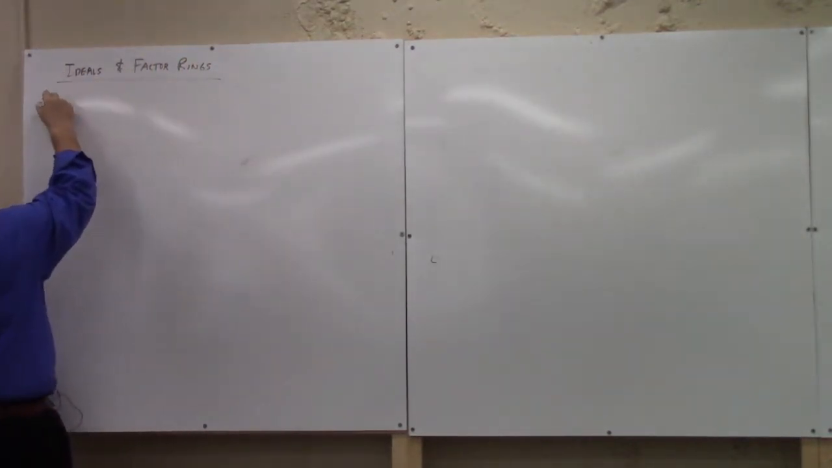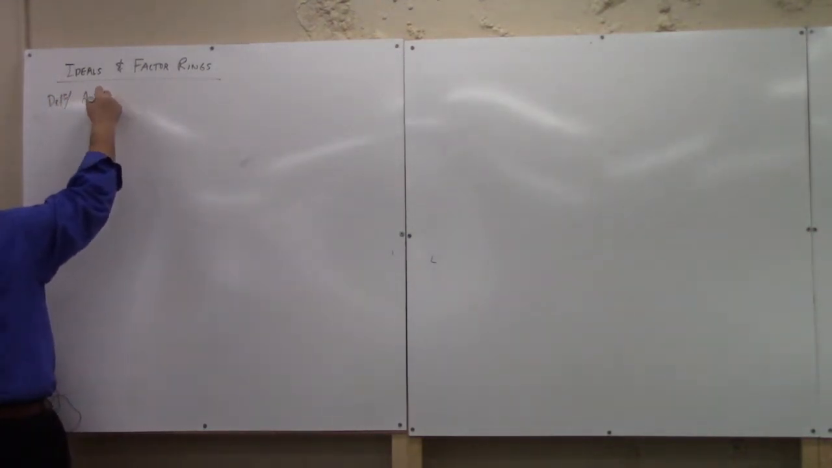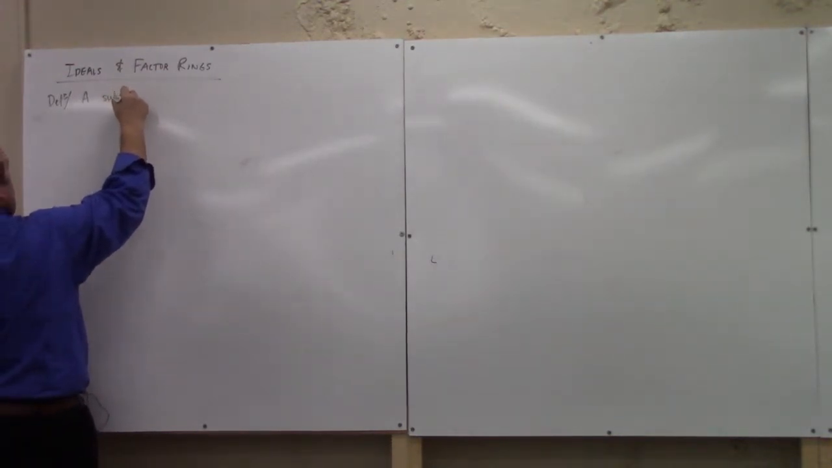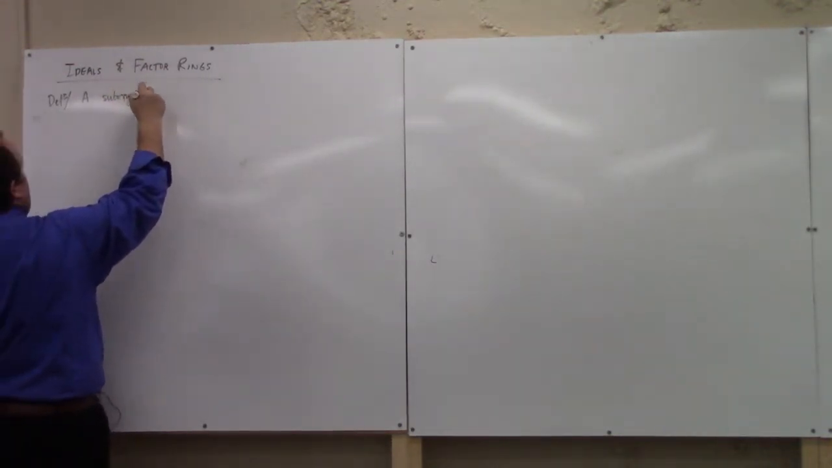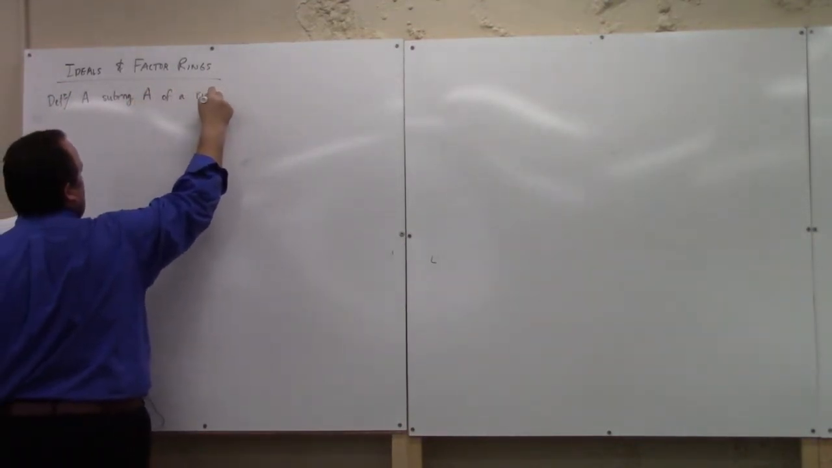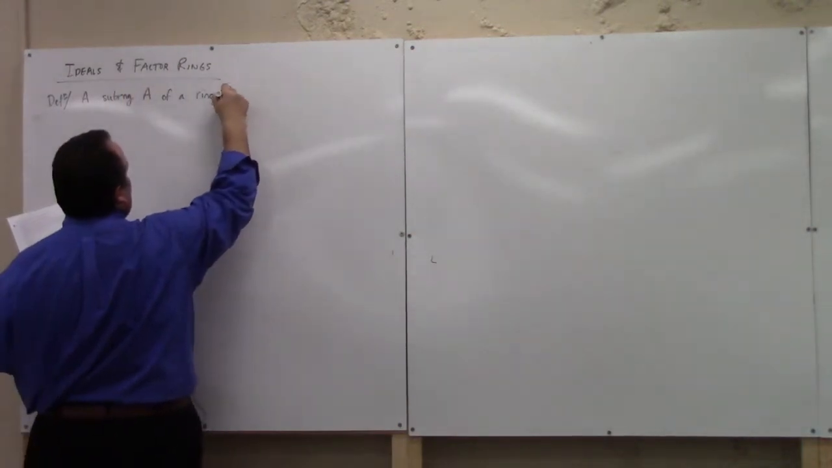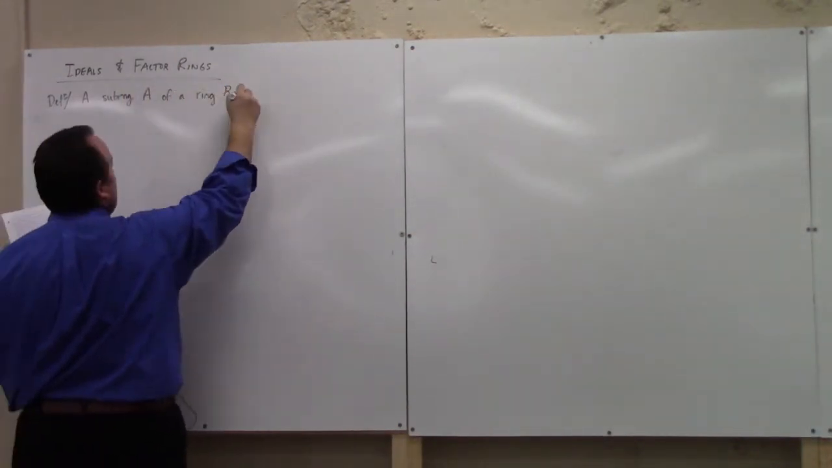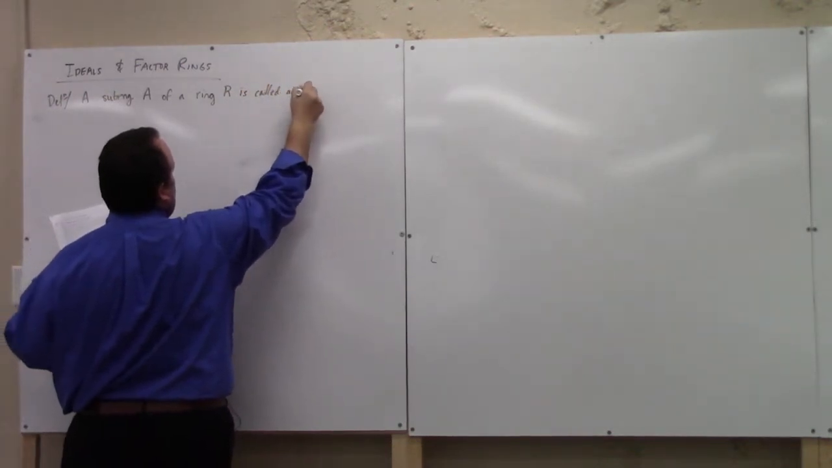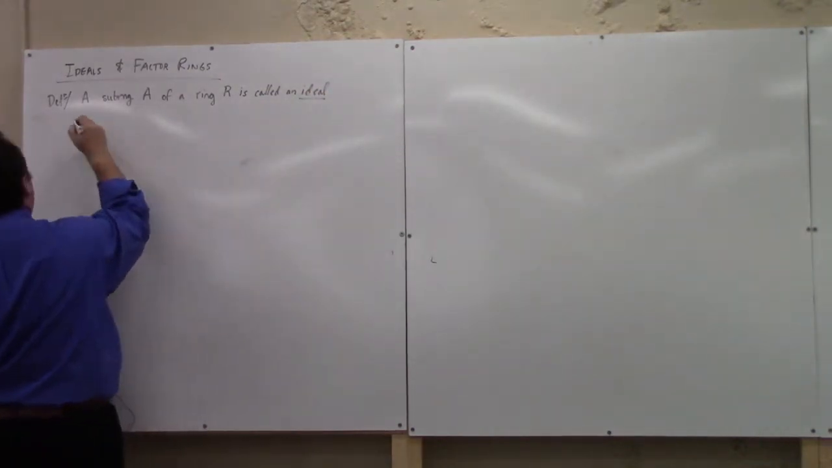So definition, a subrng A of a ring. I said I wasn't going to talk about subrngs anymore. My bad. I can't avoid it. Of a ring R, all right, is called an ideal if